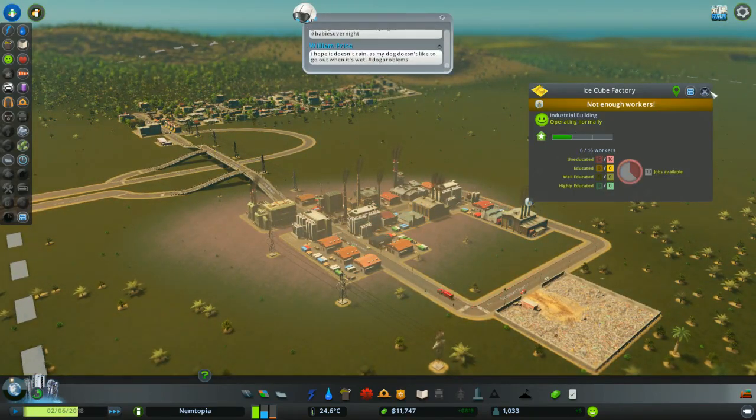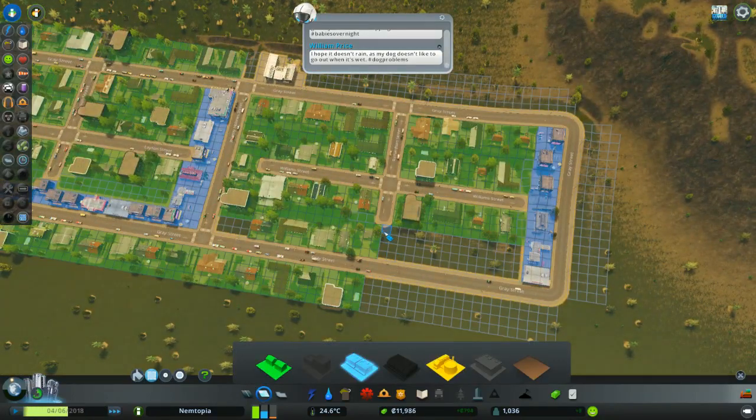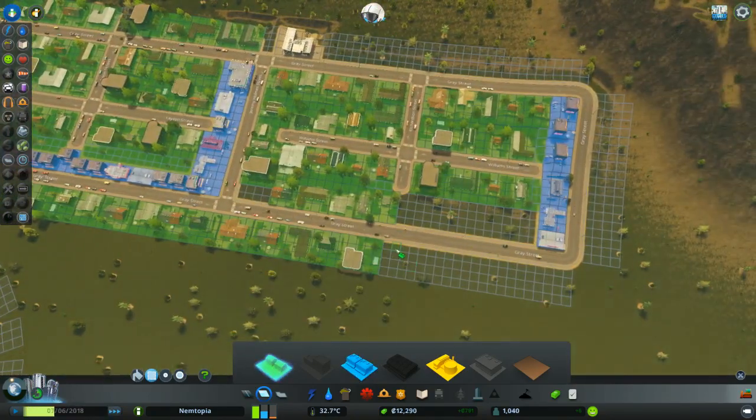What do you complain about? Not enough workers. Oh, well, that's because my residential demand is through the damn roof. Alright, let's get some more... Actually, what I'm going to do is I'm going to...